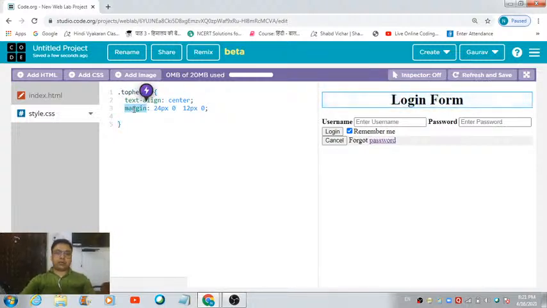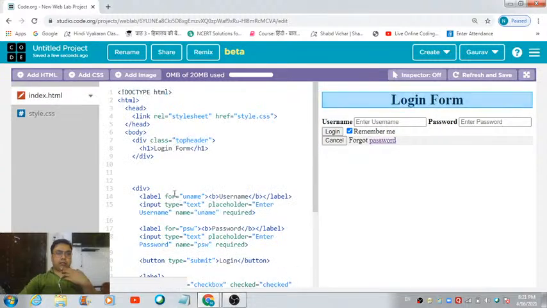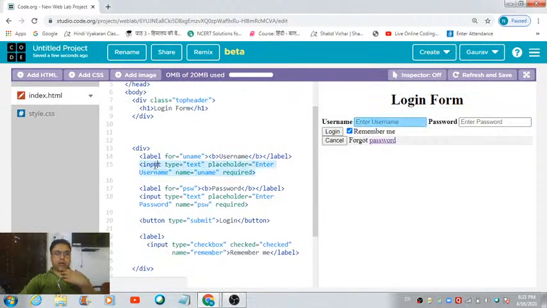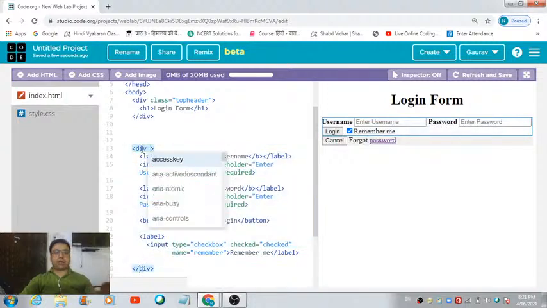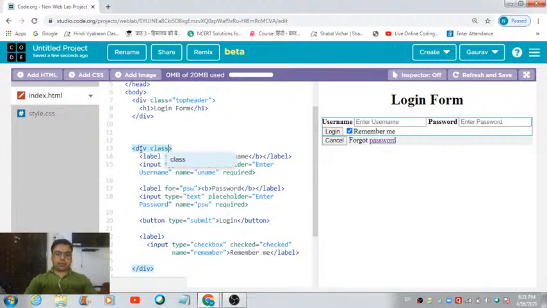Right. Now let's go back to that HTML document and check out what else we have over here. We have this second division tag, in which we have some components. There are two label boxes, two input boxes, and a button. We have a label box also, and last but not the least is a checkbox inside this division tag. Now in order to style all these components in this division tag, we can define a class for this second division. So let's put